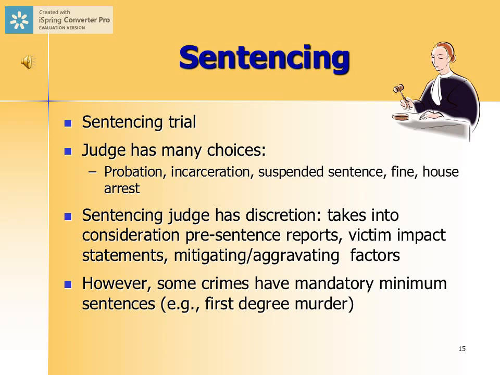What's important to remember is that a sentencing judge has a tremendous amount of discretion. He or she can take into consideration a number of different variables in determining a sentence. There are things such as a pre-sentencing report, and the Crown Prosecutor can ask for a certain sentence and argue why that sentence is justified. The judge can hear victim impact statements and take into consideration the wishes of a victim.